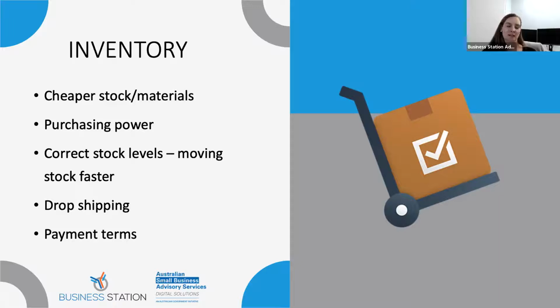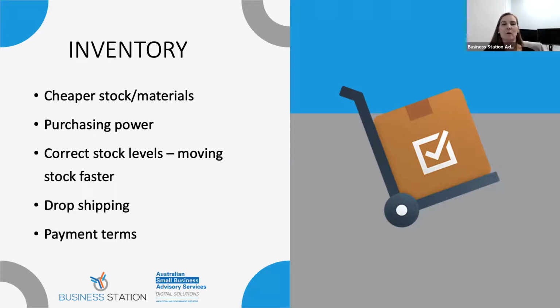Even if, let's say, you've got a particular supplier you really enjoy dealing with, it doesn't hurt to get comparative quotes. If someone comes in cheaper, you could always go back to your original supplier and give them the opportunity to match that price, but make sure that you're keeping them honest and that you're just double checking what's there in the market. Purchase power is a really key one.